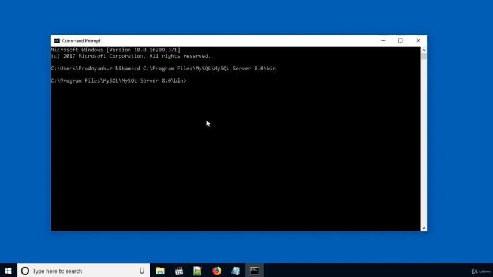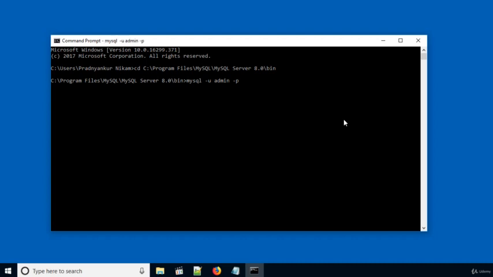Once you are on bin folder prompt, type mysql -u and the new user, that is admin -p. For Mac user, in terminal type sudo /usr/local/mysql/bin/mysql -u admin -p, and Linux users can directly type mysql -u admin -p.